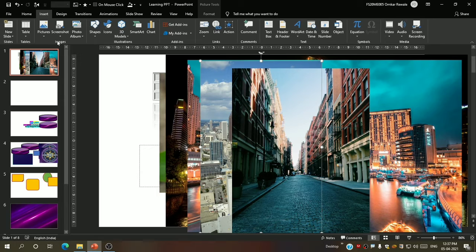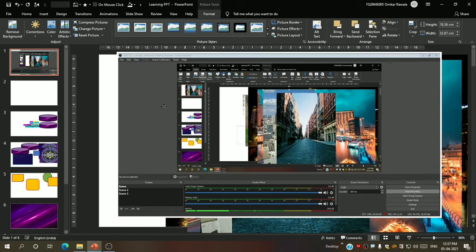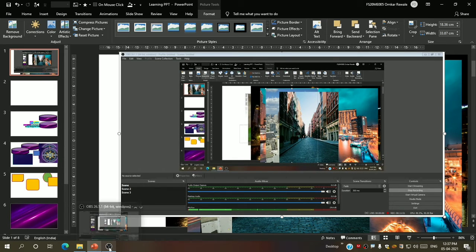Let me show you how to add a screenshot. We can also add a screenshot. Now when you click on the screenshot, it will take a screenshot from your desktop itself. Suppose any file manager or browser, anything is open, it will display below, and it will also display over here as available windows. Now if I click on it, you can see, well, this is of the OBS studio.